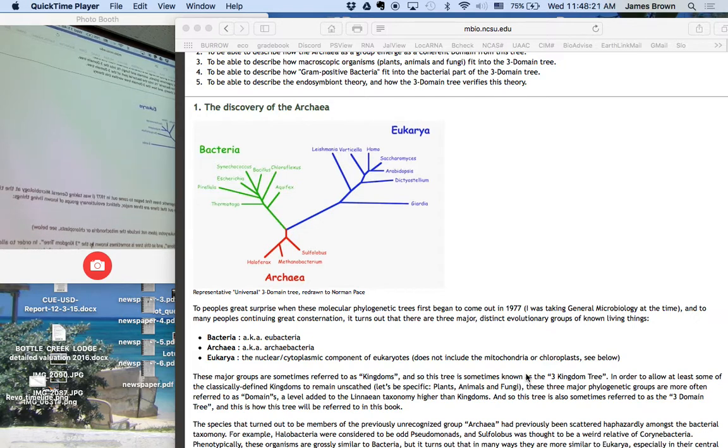There are some nomenclature issues with this. This is sometimes called the three-kingdom tree, but historically, the kingdoms included plants as one kingdom, fungi as another kingdom, animals as a kingdom. And so rather than try to change that notion of what a kingdom is, a higher level of taxonomy was invented called the domain. And so each of these is a domain comprised of independent kingdoms. Now, confusingly, it's very common for these different branches of bacteria to be called phyla, not kingdoms.